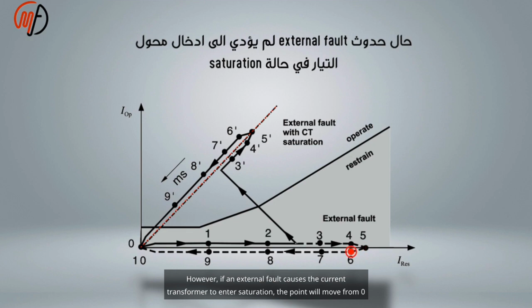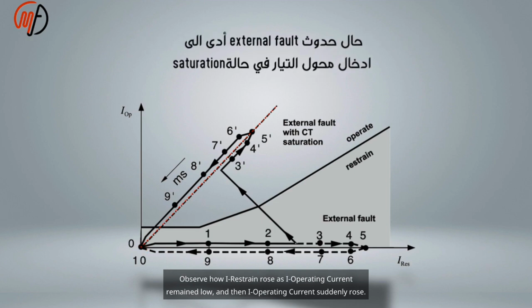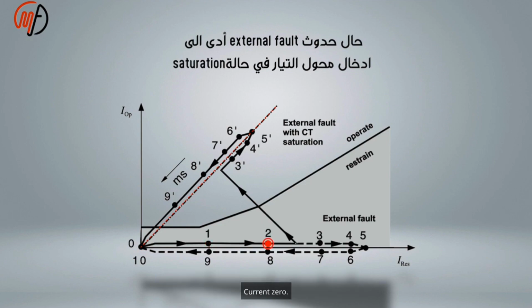However, if an external fault causes the current transformer to enter saturation, the point will move from 0 to position number 1, then move to number 2 horizontally, and suddenly jump up to position number 3. Observe how I restrain rose while I operating current remained low, and then I operating current suddenly rose. It returned to 0 due to fault currents when the breaker opened, making both I restrain and I operating current